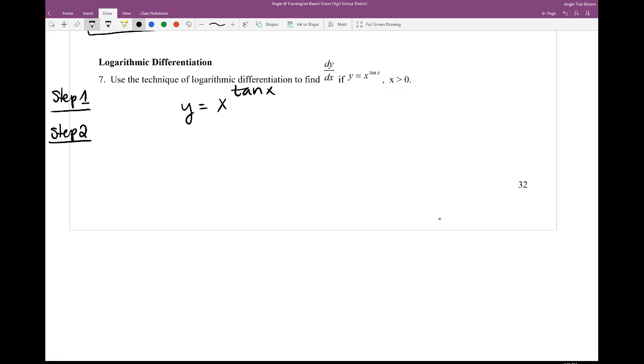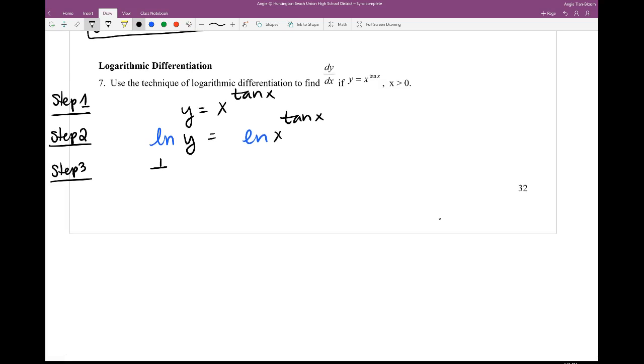What I do to one side, I will now do to the other, and then copy down exactly everything that we had in step 1. Step 3, I will now take the derivative on both sides. So I will take the derivative of ln of y. The derivative of ln of y is 1 over y times y prime, equals